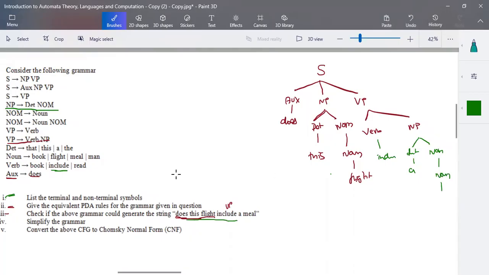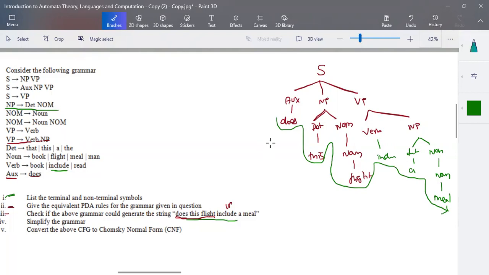In this noun, you can replace noun with the terminal symbol meal. Okay, so now the parse tree is generated. See, all your leaf nodes are a single terminal symbol. So you can just start from the leftmost leaf, combining all the leaf nodes together. So you have: does this flight include a meal? So this is how you have to verify the yield of a parse tree or yield